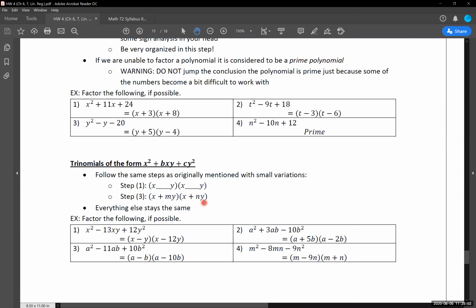So all that's going to change is in our final answer, in our shell of an answer, we're going to have a y showing up at the very end there, our second variable that we are working with. Everything else stays the exact same. Doing the sign analysis, finding that m value, finding that n value, all of that stays the exact same. So this is one that I think looks deceptively different from what we were just working with, when it turns out we're actually not really changing much of anything at all.